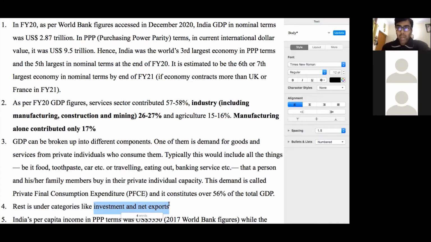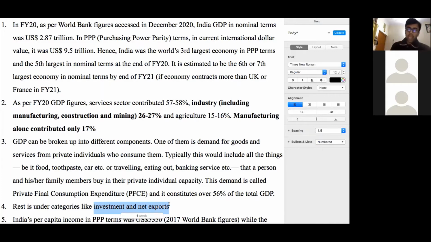For example, buying a machine for a factory, constructing a new bridge, putting up a new railway line, opening a new airport, putting up a new power plant or a new factory, buying new manufacturing machines for a plant, or investing in new software on any kind of machine. All these are considered investments, because these create assets which then further generate GDP over the long term. So this is investment.